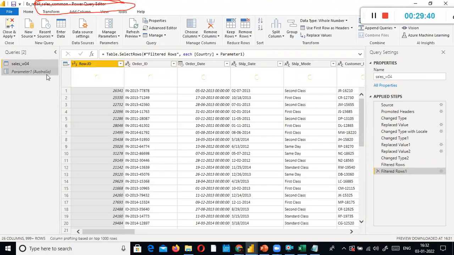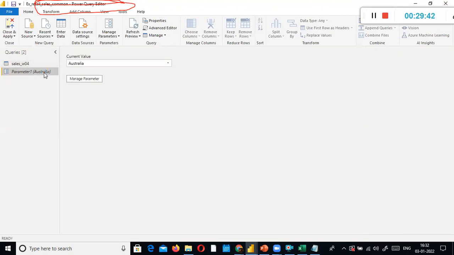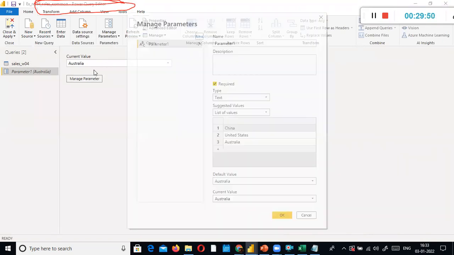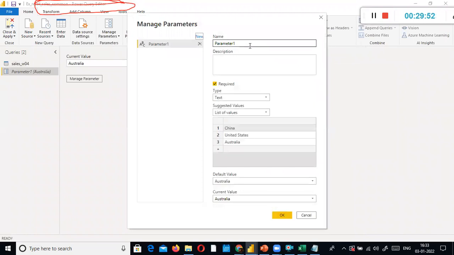The second option is LOV, list of values. Only 3 countries, or whatever number of countries you use, they can see. Next, I'm going to modify this parameter. I have another option called query. Any value we have seen, and list of values we have seen.